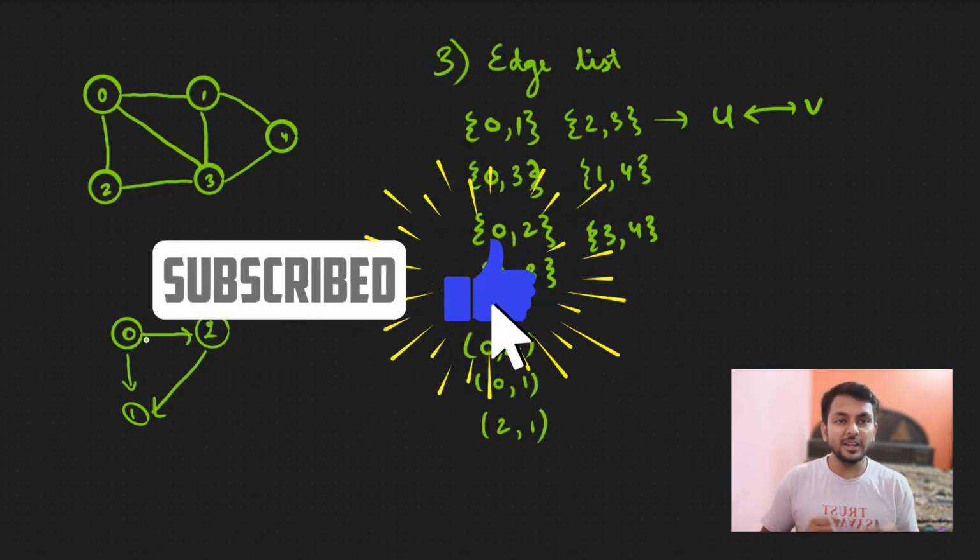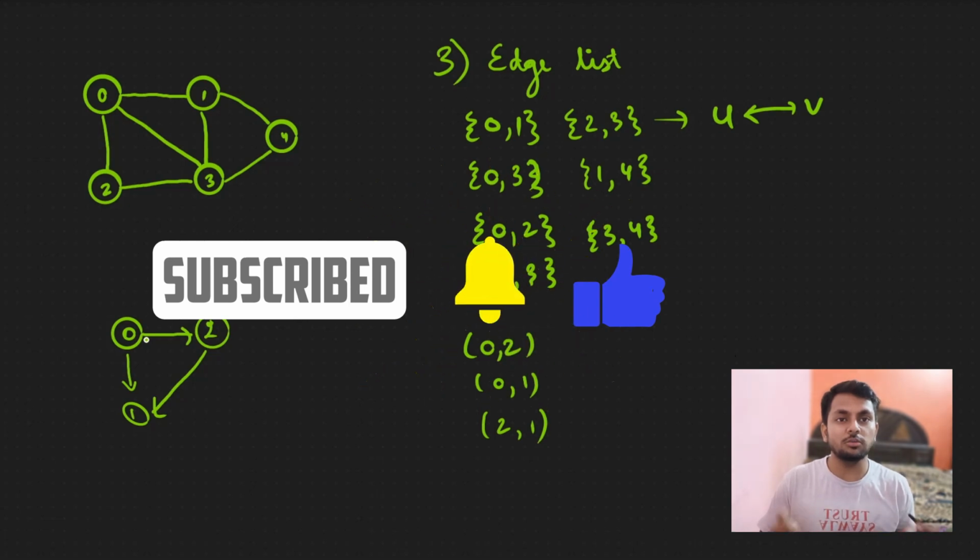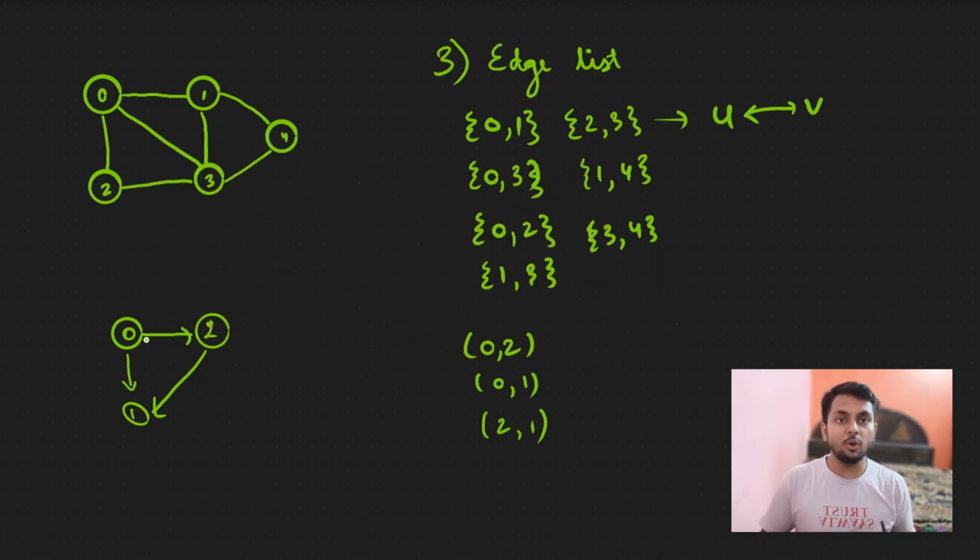I hope you understand what an edge list, an adjacency list, and an adjacency matrix are. In the upcoming LeetCode problem videos, we are going to solve problems on the basis of all of them. Sometimes our graph is represented as an adjacency list, sometimes we have an edge list, and sometimes we have an adjacency matrix. Depending on which representation is given, we will solve accordingly. So it is a must to know how to represent a graph before solving graph problems. I hope everything is clear in this video. I will see you in the next video.